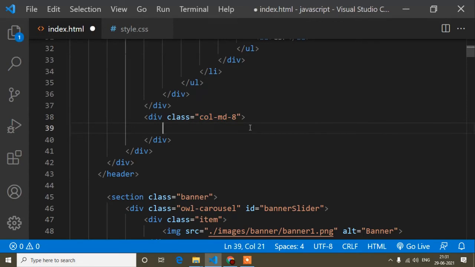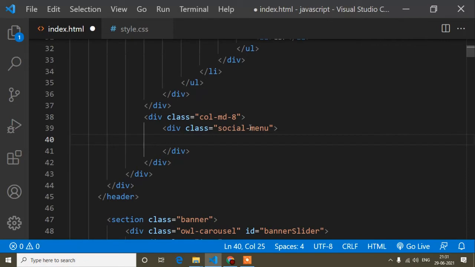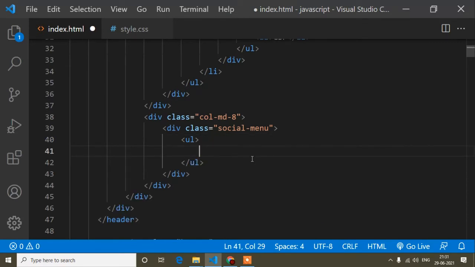So first of all here I will write div class, and the div class is social menu. The class name, if it is not a Bootstrap class or Material class, you can write as per your choice. This is not mandatory. But if you are using a Bootstrap class, then you have to write the same class name which is coming from Bootstrap. After that you can modify if you want.